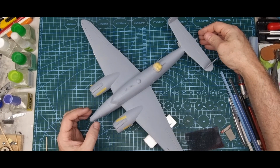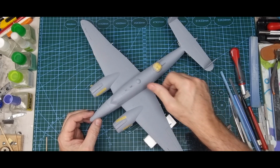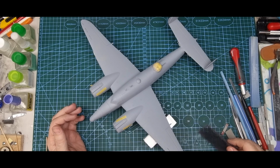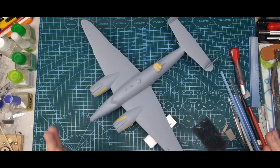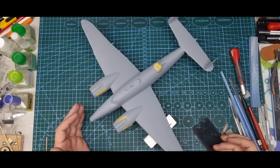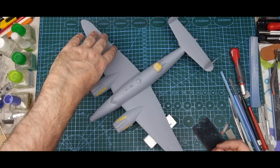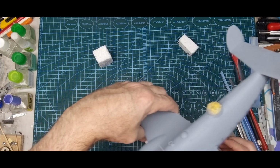Okay, finally cleaned it all up, primed, bit of dust. I used grey, obviously you can see that. It's AK Interactive Primer Microfiller. Because the scheme I'm doing has a white underside, I've gone with grey rather than a black. It's less paint covering up the grey than black, but I'm going to